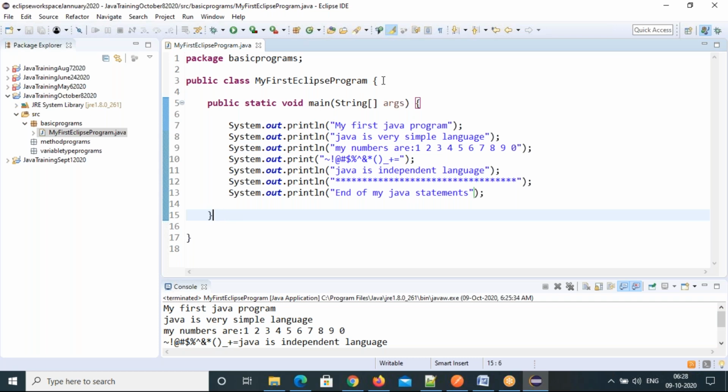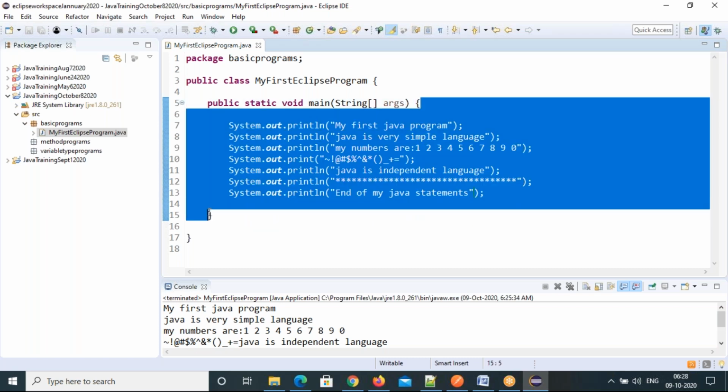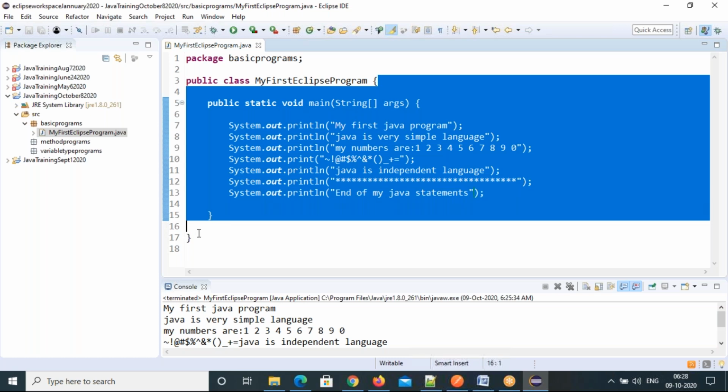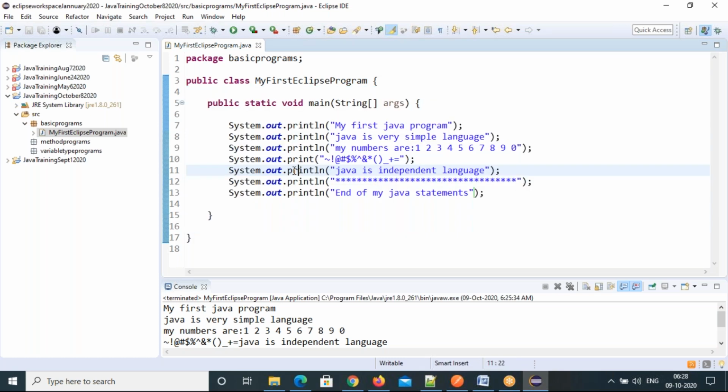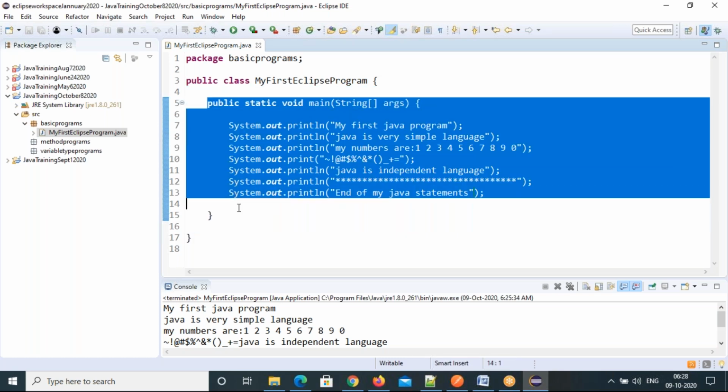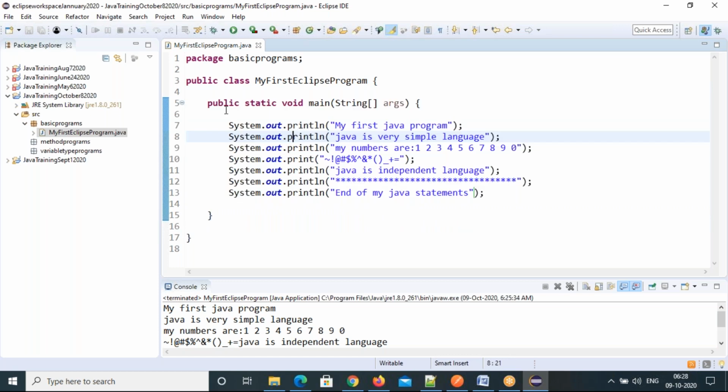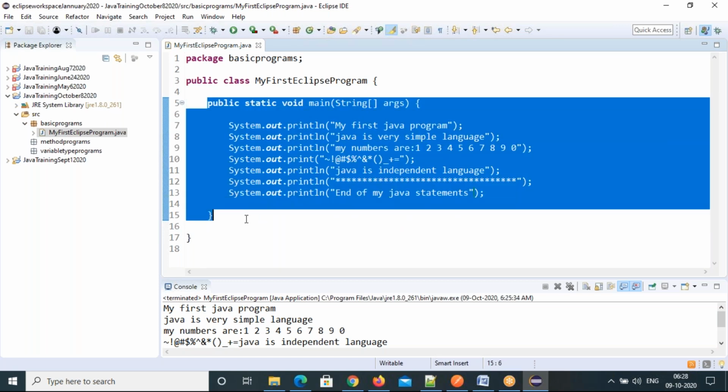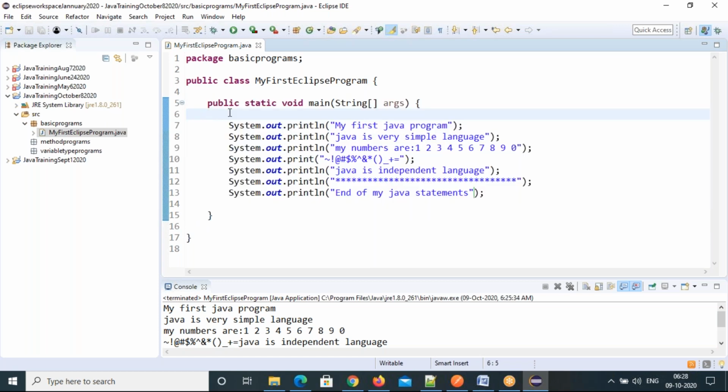So that's how curly braces come in pairs, for class start and end. For a method also, start and end should come. So this is the method body, and this is the class body till here. Inside the class body you can define many members, but I defined only one method. A method is one of the members of a class.